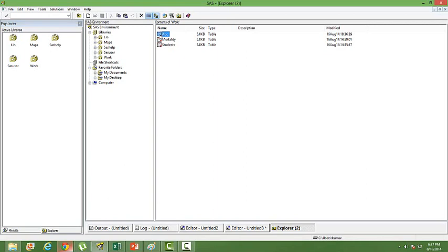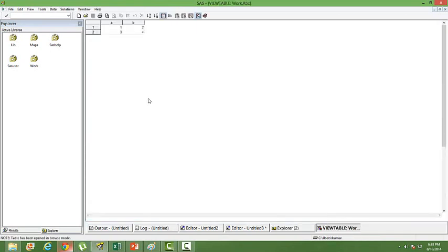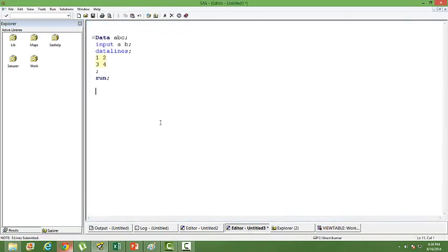Okay, click on it. There are two columns, A and B, and you can see the values that you had given in your code. That's how we create a data set.